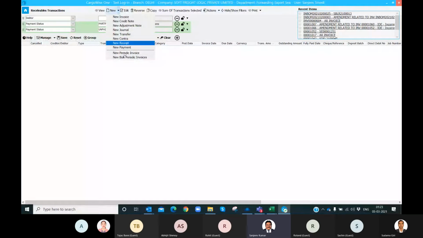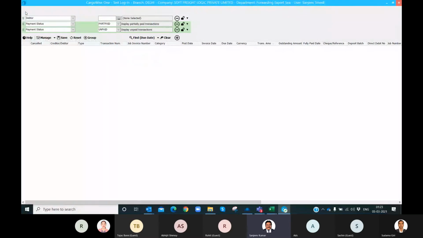Obviously, you will also be using that periodic invoice in your company. Suppose there are 10, 20 jobs and the client wants only one invoice against those jobs. It doesn't work with us like that, but I think it's a good feature to have. We don't use something like that currently, but definitely. Yeah, so that feature is there. Okay, so you can use that if required.